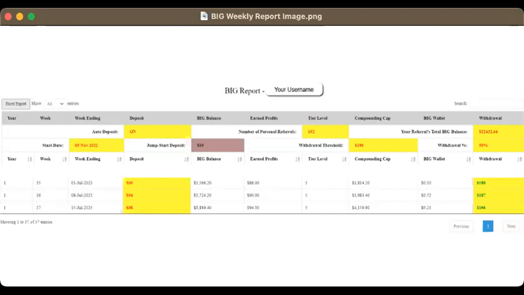But once people figure out what we have, oh my goodness, this is going to catch on. Eventually this is going to go viral, and we're not in any hurry for that to happen. We plan on being around for a long time. And once you understand all of the math, and of course the big ambassador, that was a big deal that we brought on, for people to be rewarded for,